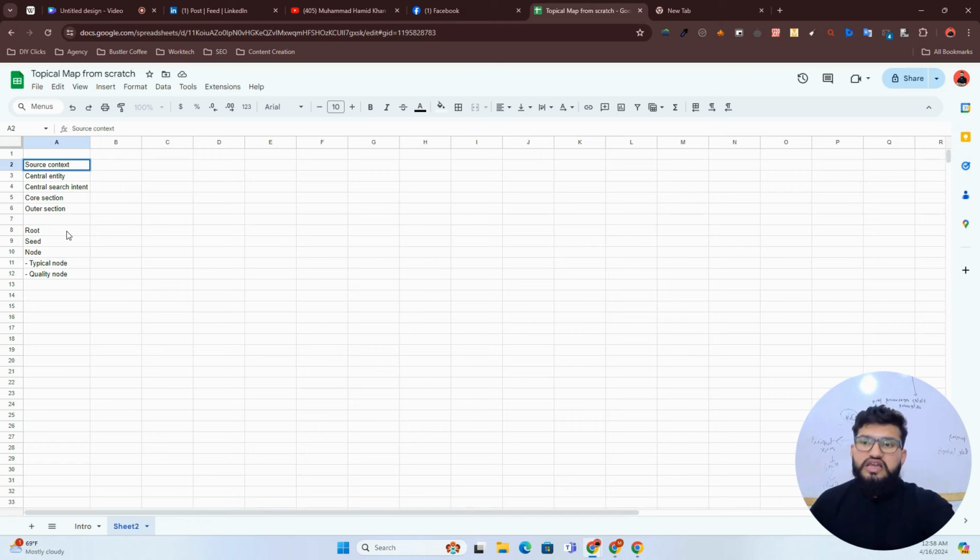Source context is like a contextual flow by which Google understands how your business operates. And if Google understands how this specific website operates or earns money, then Google knows that this is a proper business. If there's no source context mentioned anywhere on your website, like the contact us, about us pages or the home page, Google will think that this is just another AI website publishing low quality content at scale without providing any helpful or original research. So you have to define source context for yourself, but more importantly for Google.